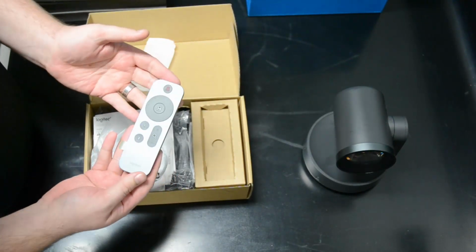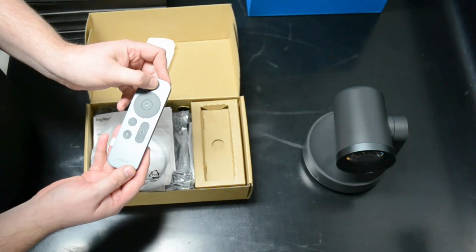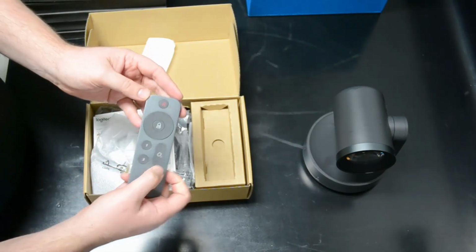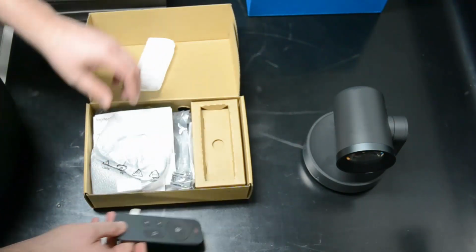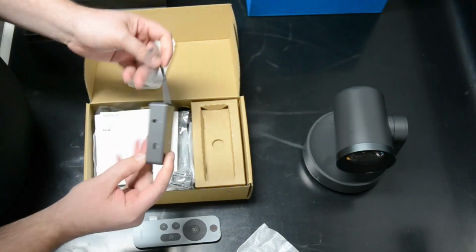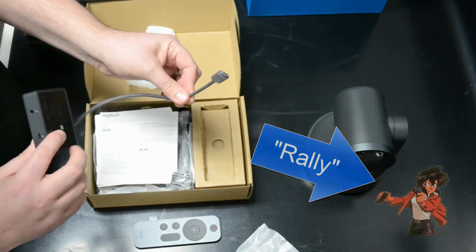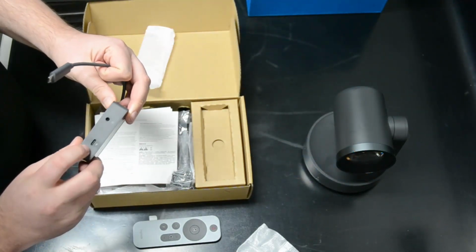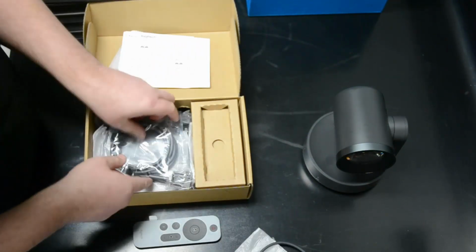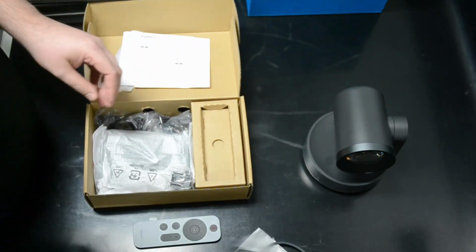a nice remote. It looks like it's got a jog dial, but no, I guess that's to rotate it. Camera on off. Some preset settings and zoom by the looks of it here. Ah, yes. The power injector. So the Rally runs on USB-C, as you can see, and power in here, USB-C out to your device. Some documentation, USB-C to USB 3A cable,